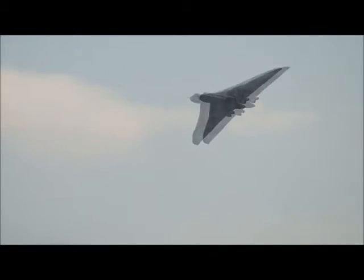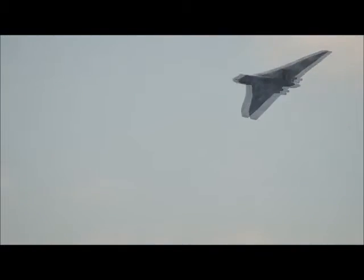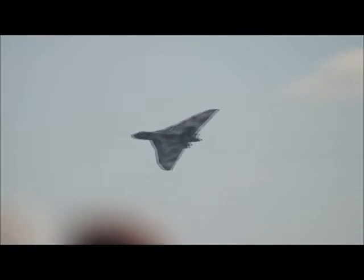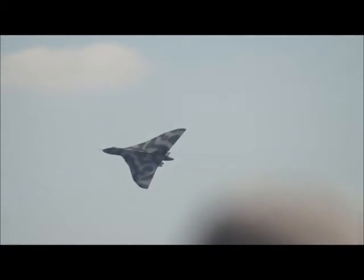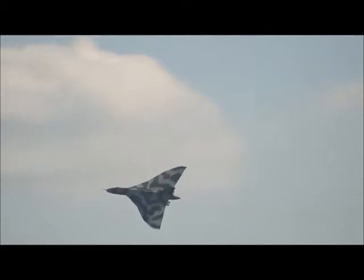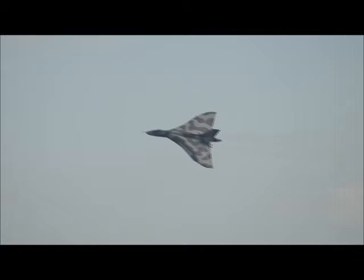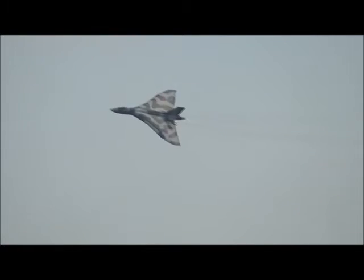Base at what used to be RAF Finningley, where she used to be stationed at one time. That's now snappily known as the Robin Hood Airport Doncaster Sheffield, or RHADS for short. She was actually stationed there between 60 and 68, and she does not belong to the Royal Air Force. In fact,